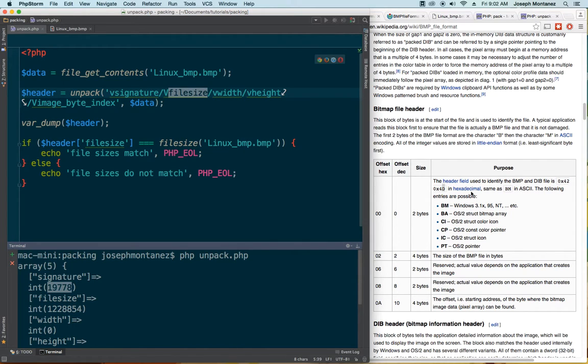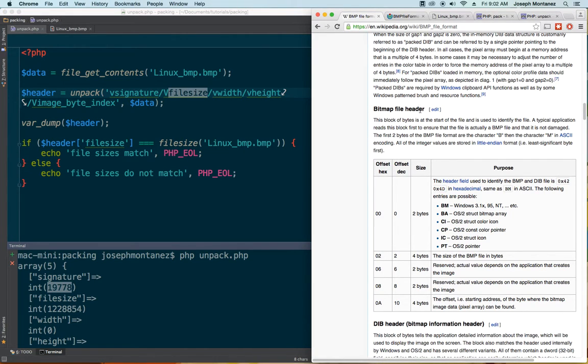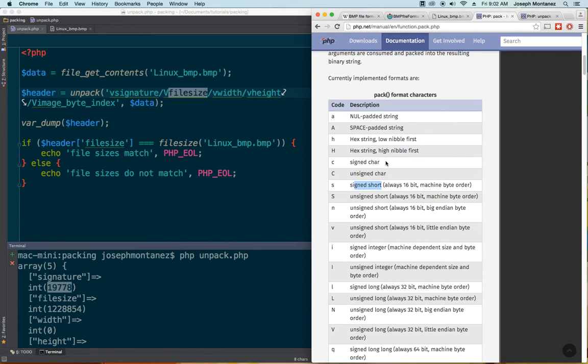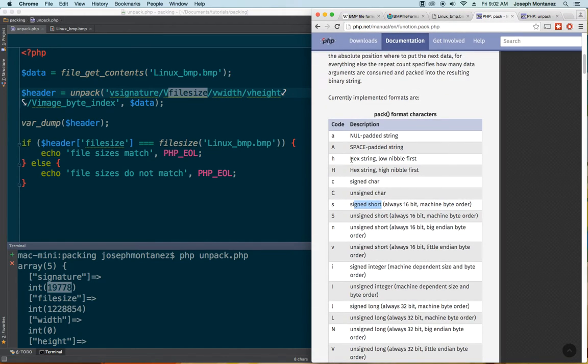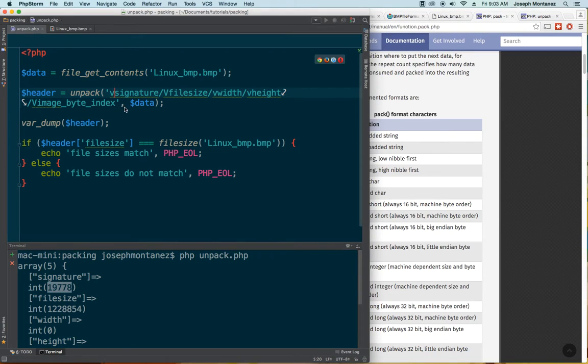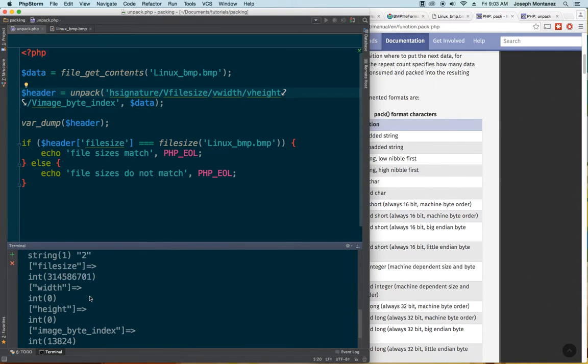It's not 42 4D. Well, how do we do that? You can look into the pack documentation. It talks about hex string. Well, that's actually what we need. Is it low nibble first or is it high nibble first? Let's try that. Let's try H on signature. If we run that through, we get 2. Well, okay, that's not what I actually wanted. I wanted